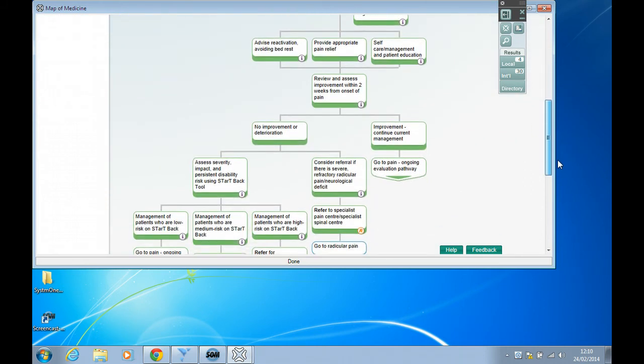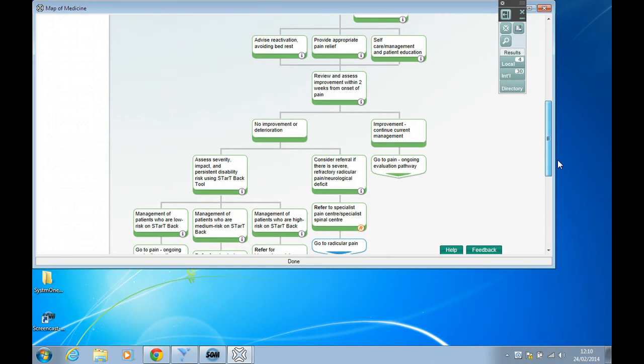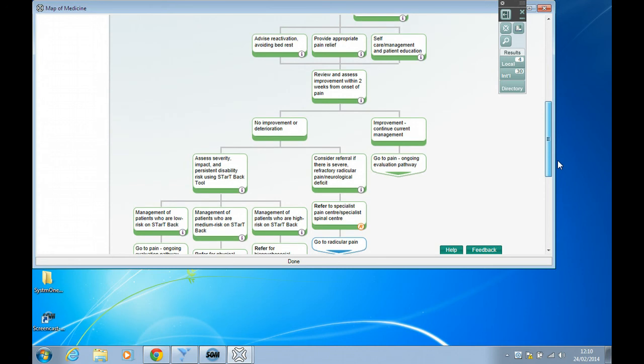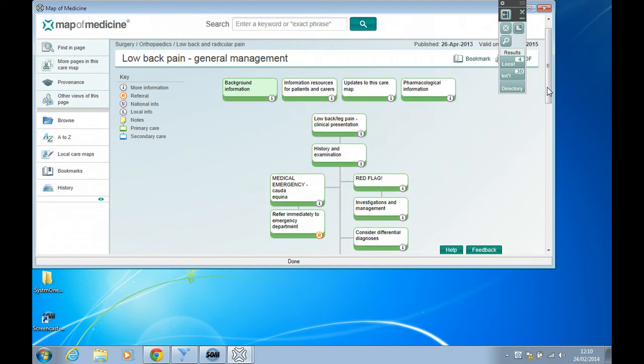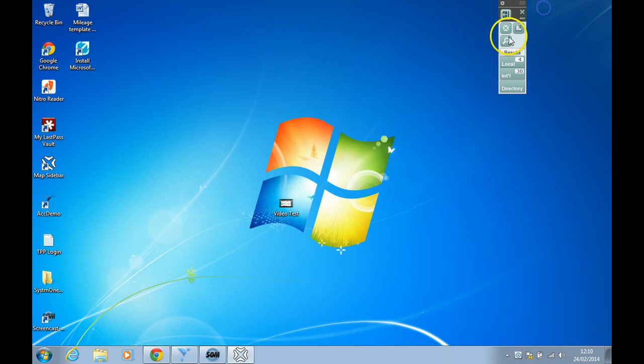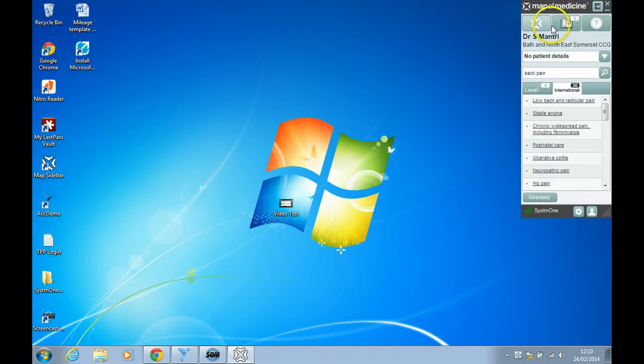So it can be helpful in a particular area, and I would liken it a bit to perhaps looking on GP Notebook or patient.co.uk professional resource. Can be useful in particular areas, but perhaps not as useful locally for local services. But it's just something to bear in mind, that distinction between what's local and what's international. So let's close that. So let's go back to sidebar, and